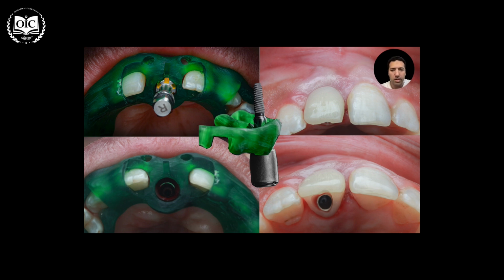This is a prefabricated temporary crown you see on the right pictures that I've done before the surgery and installed after implant placement. It's cemented extraorally with resin on the Ti base or on the implant abutment, then screwed inside the patient's mouth to support the tissue. And one of the main big advantages of working fully guided with immediate temporization is maintenance